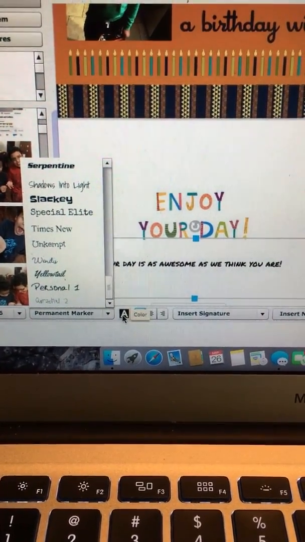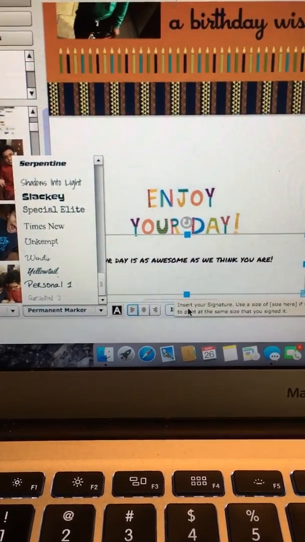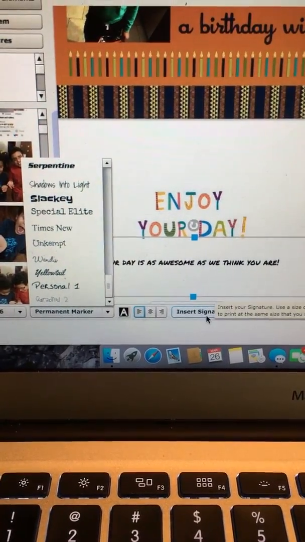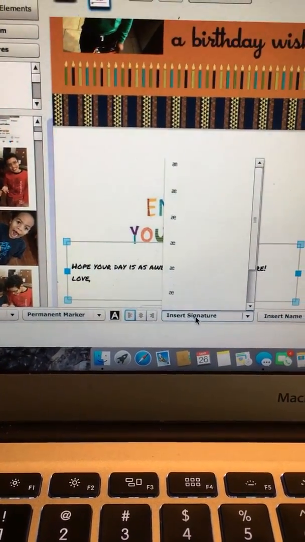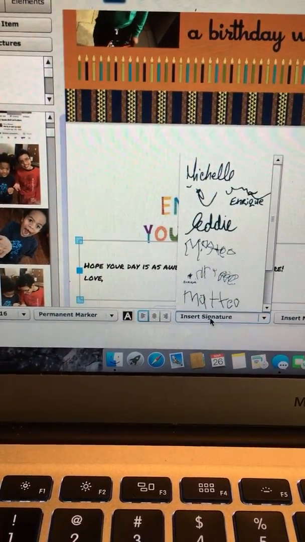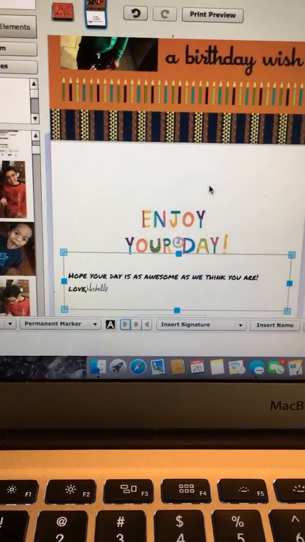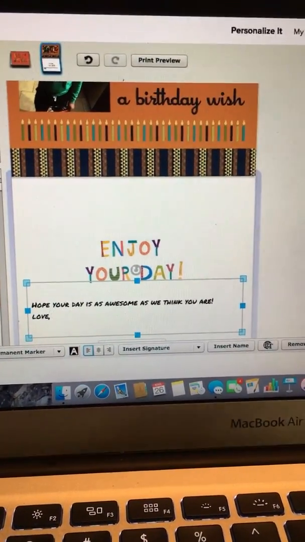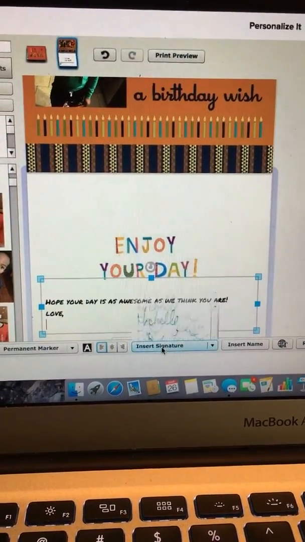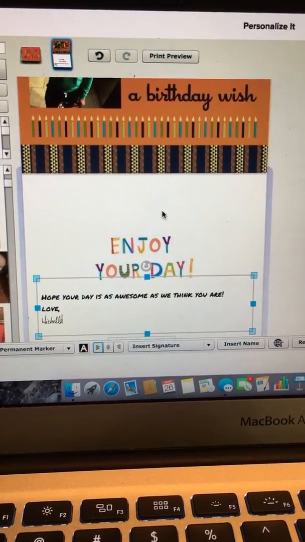So we could change the color, we could change the centering, and over here is a feature that I really like, which is we're going to put some signatures in that card. Oh, there they are. So that's our signatures. We put them all in. So we'll put in my name, Michelle. Oh, hang on. I'm going to hit enter. There we go. We'll put in Michelle,